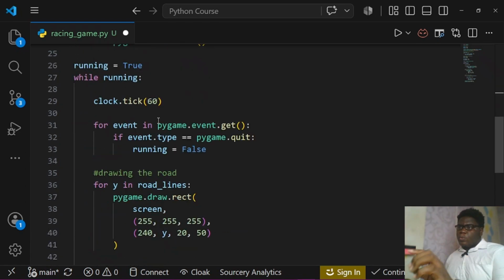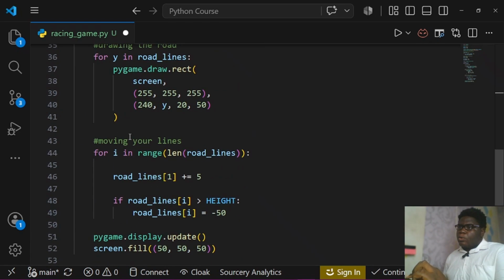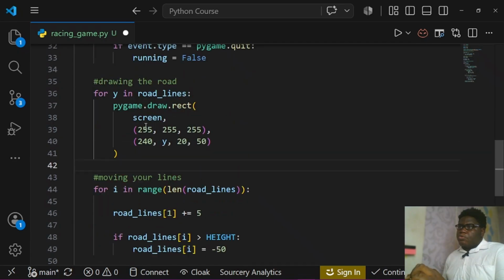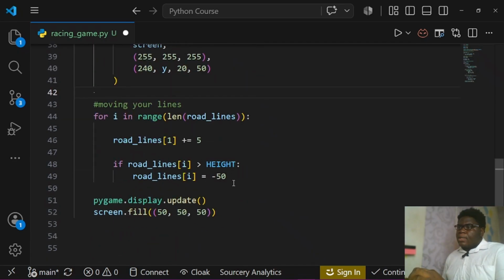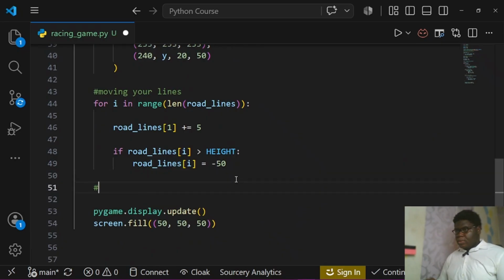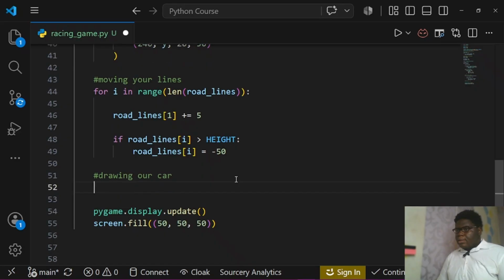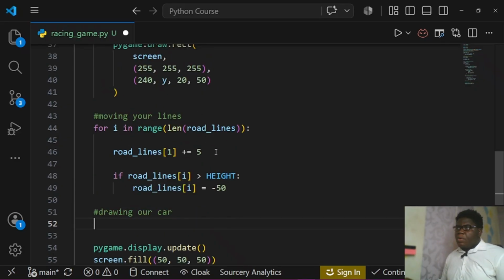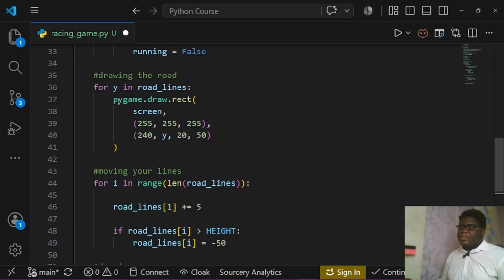Okay, then we actually have to go and draw it inside of the loop. Okay, so we draw our lines, we move our lines. Let me now draw the car. So, see, drawing our car like this. Good. So what do you want to do again? Oh, I wish I grouped the drawings together. So we just say